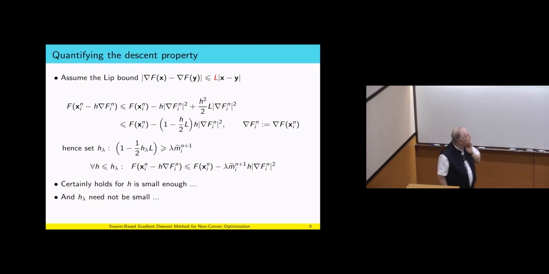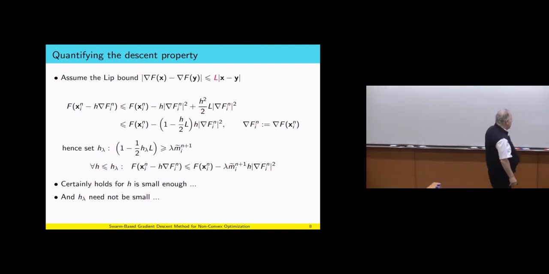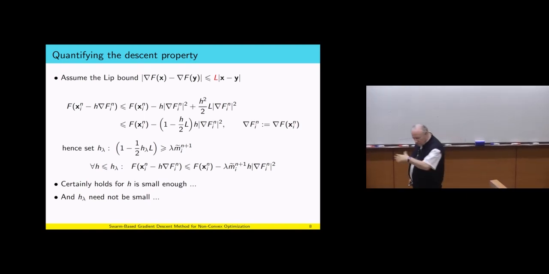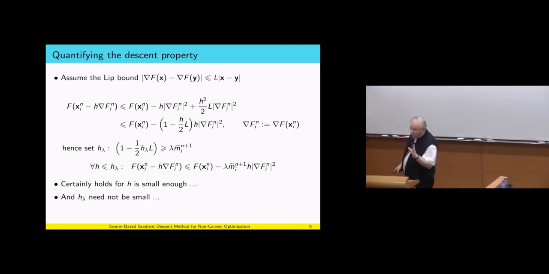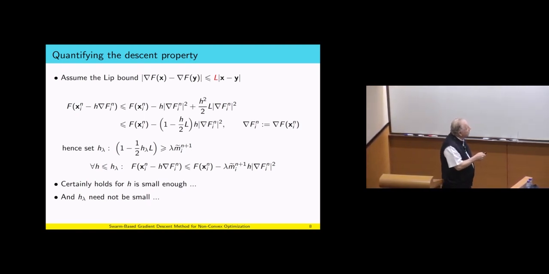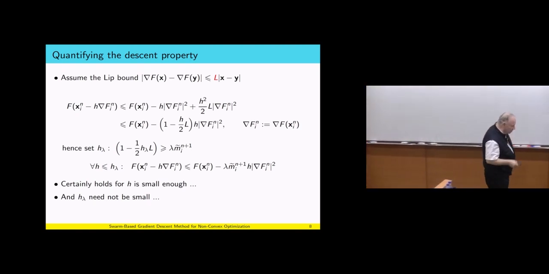So this is the basic statement of this SBGD method. Let me repeat. I insist on this: every step that we do, we always go down, no matter what. If we don't go down, I forget about the step. I don't accept it. I always want to go down, a little or more, I want to go down. How much do I go down? I go down by an amount which has to do with the step size times lambda times the relative mass. So if the relative mass is small, we go down less. Going down means decreasing the loss function, as it's called.